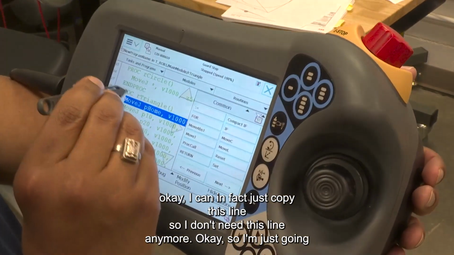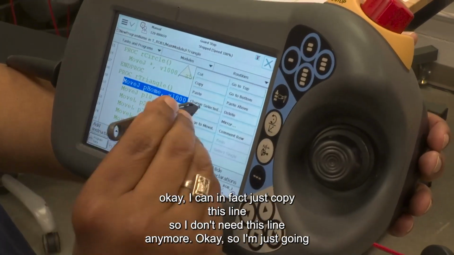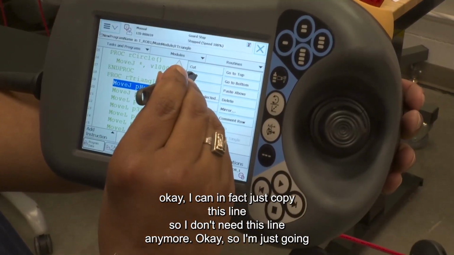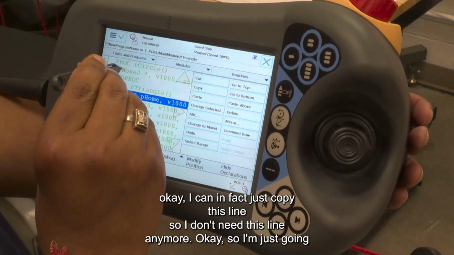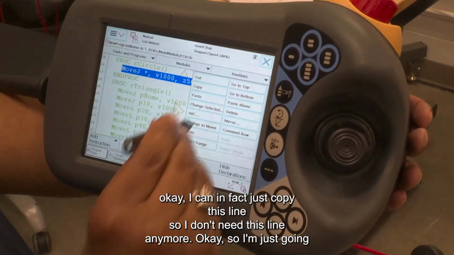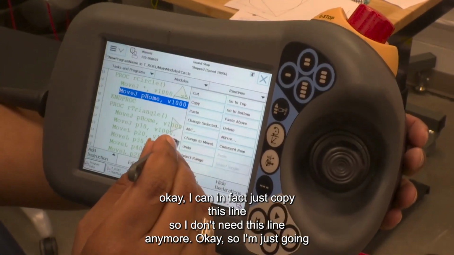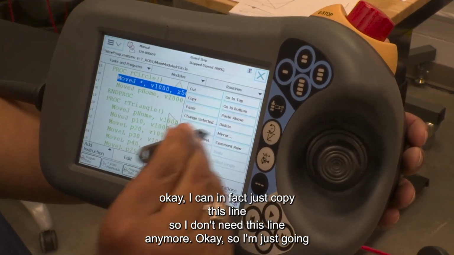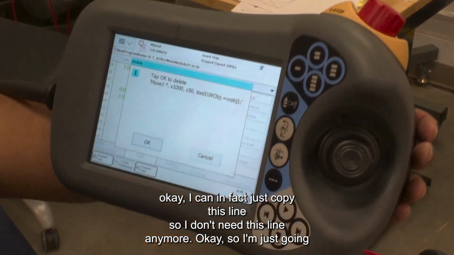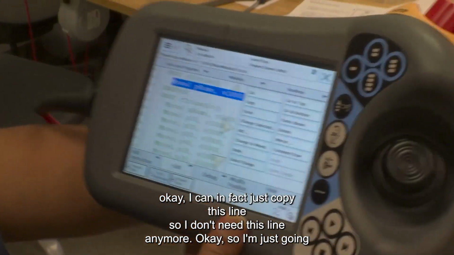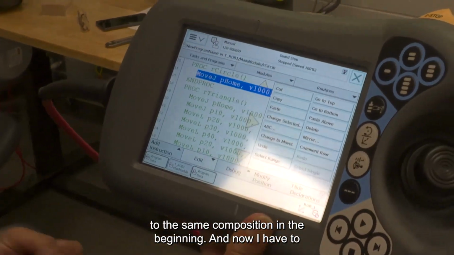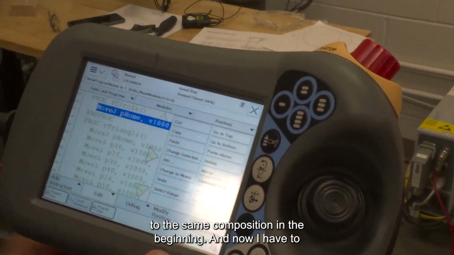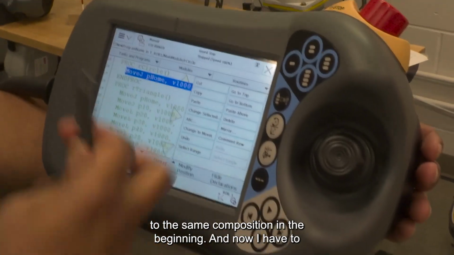Okay, I can in fact just copy this line. So I do not need this line anymore. Okay, so I am just going to the same home position in the beginning,